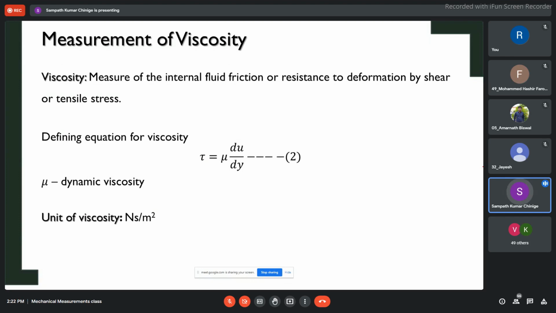How many of you know what viscosity actually is? In general, if you have to explain that to a layman, how do you explain what viscosity is? Resistance to flow. In general terms, we can say how thick and sticky the flow is. Resistance between the layers of a fluid. Correct, agreed. Between the layers.